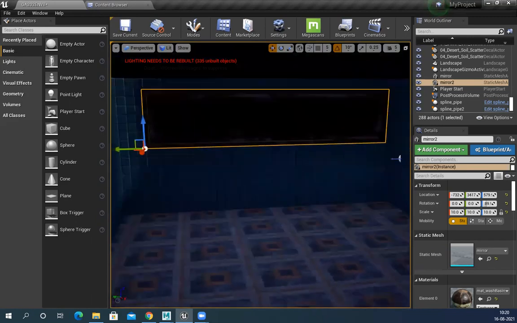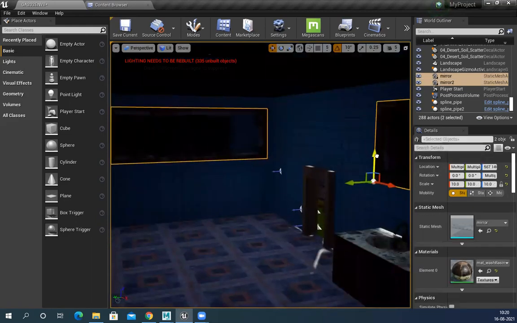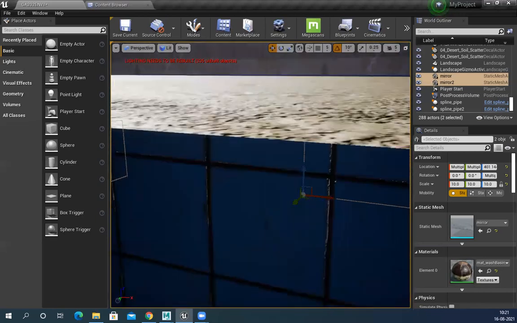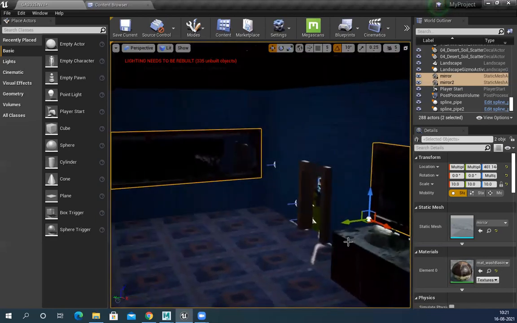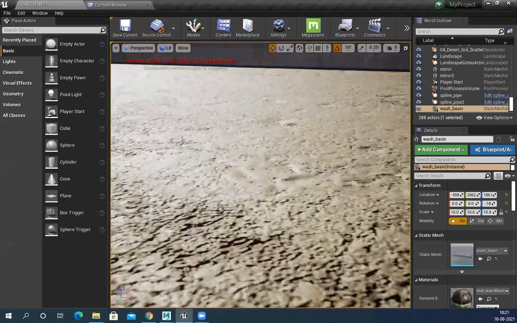I put it here at the center, and the position I want to push them down somewhere here. And this counter also, if I want, I can duplicate it here.